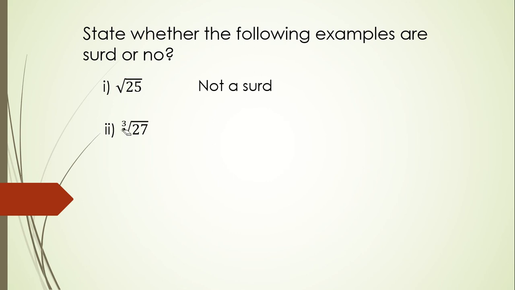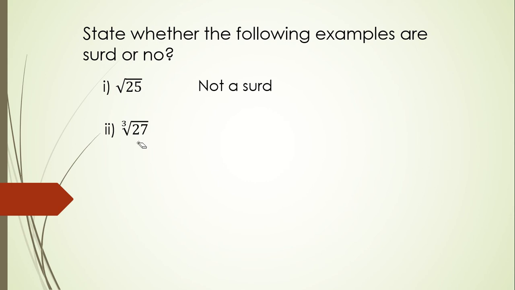Then next, cube root of 27. Now check here. This number 3, n. It is a natural number. Yes, of course it is. Then 27, the radicand, 27. 27 is what? It is a positive rational. So that is also true. But what is the answer to cube root of 27?